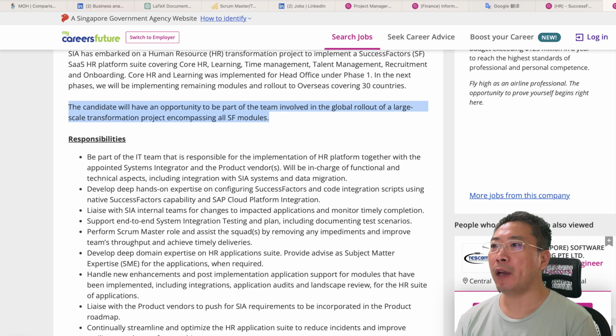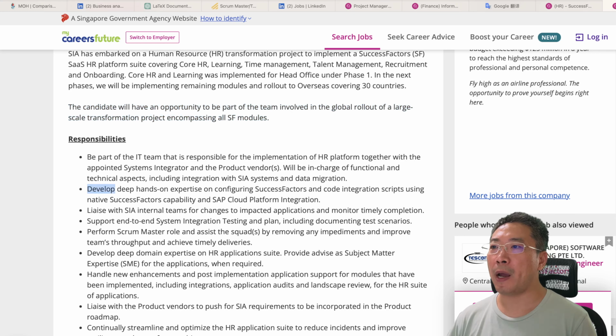Be part of the IT team that is responsible for the implementation of the HR platform together with the appointed systems integrator and the product vendors. Will be in charge of functional and technical aspects, including integration with SIA systems and data migration. Develop deep hands-on expertise on configuring SuccessFactors and coding integration scripts using